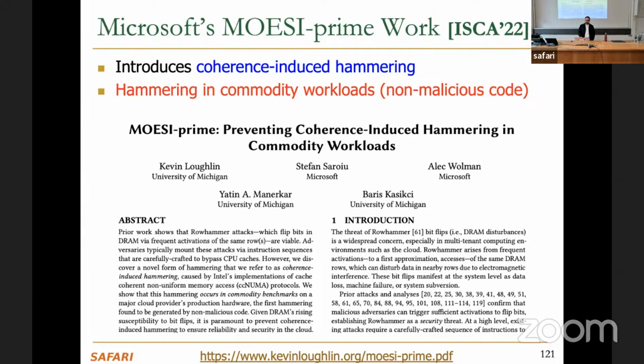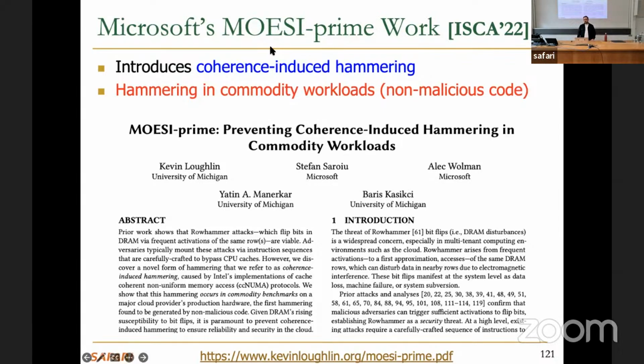And they find out that even if you do not have any attack in your system, you might end up hammering some rows and inducing bit flips. And when they started tearing apart the system to see why this happens, it turns out that in some chips,